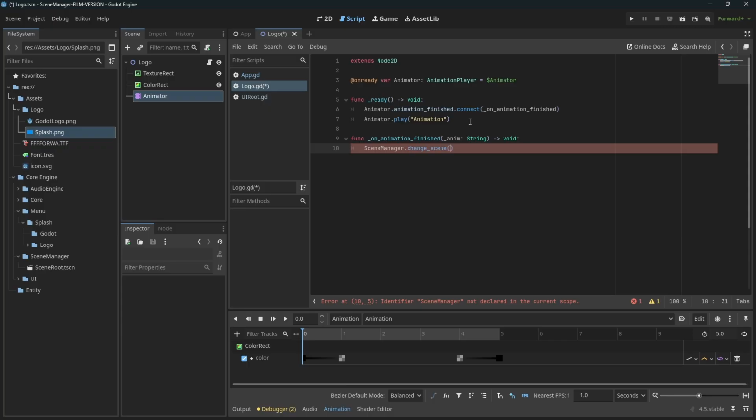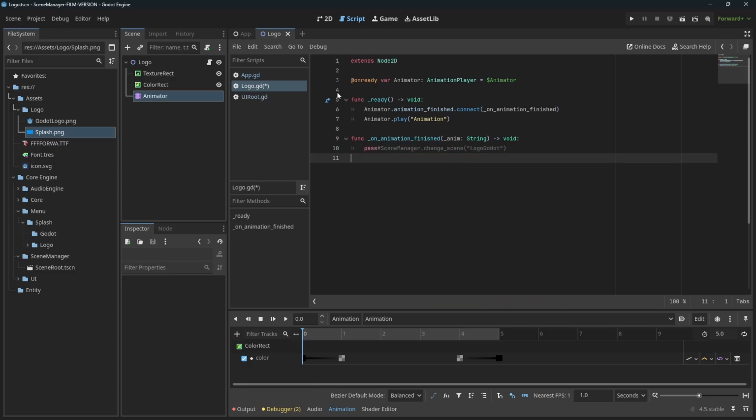And we're going to switch it to scene logo Godot. So it's going to yell at us again because this right here doesn't exist. So if we want, we can actually literally just put pass for now, and we'll come back and unblock that. But that's everything that goes